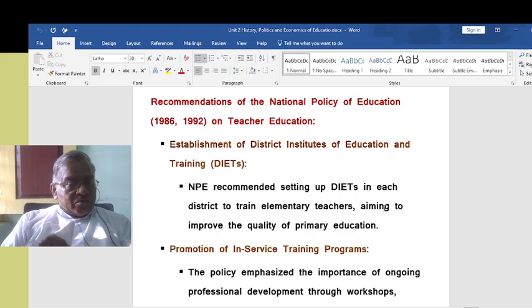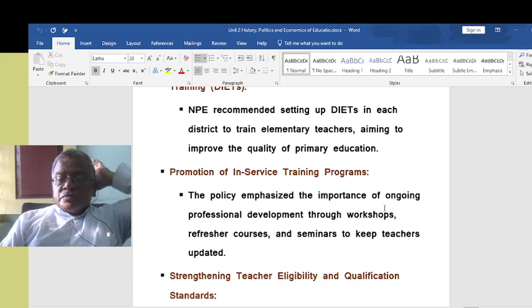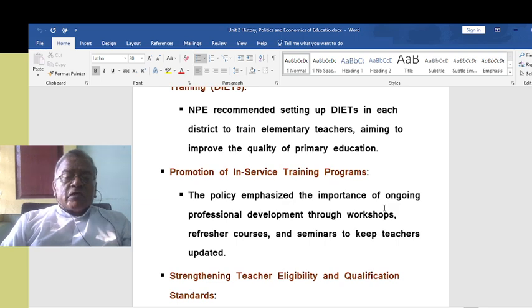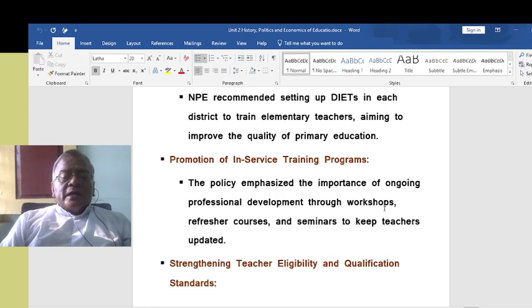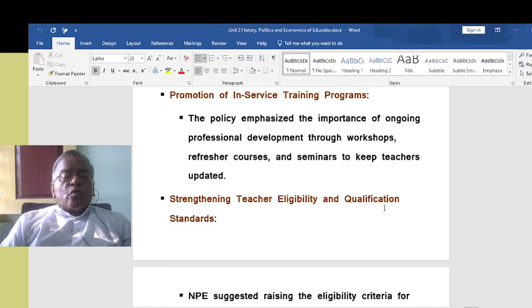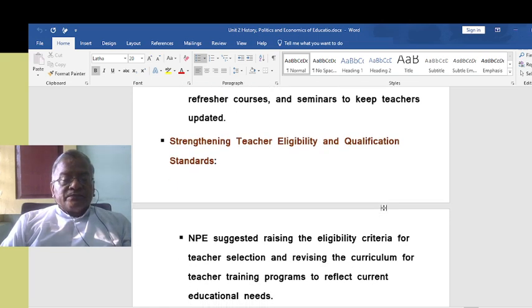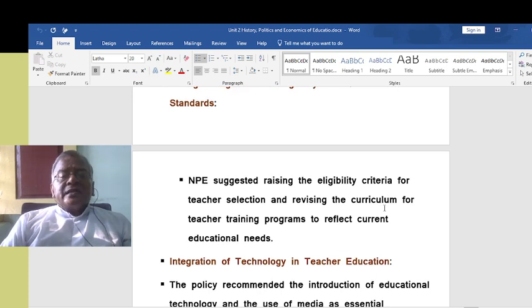Very important point. Then promotion of in-service training programs. The policy emphasized the importance of ongoing professional development through workshops, refresher courses and seminars to keep teachers updated. Then strengthening teacher eligibility and qualification standards. NPE suggested raising the eligibility criteria for teacher selection and revising the curriculum for teacher training programs to reflect current